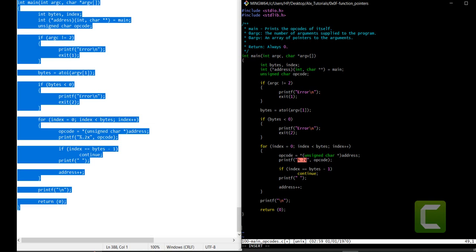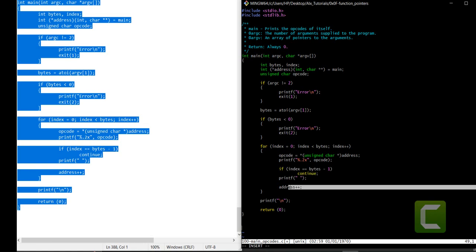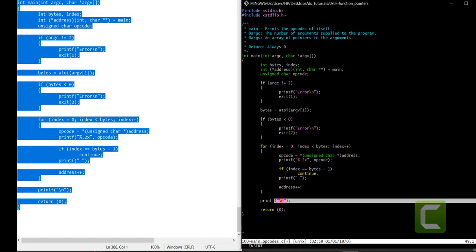And if it is not the last opcode to be printed, it will also print a space character as well. So that is happening here. And after that, it will increment the address pointer to point to the next memory location, which will now contain the next opcode. At the end of it all, it will also print a new line, and if it is successful, it will return 0 to ensure that we know that the program has been successful and everything has